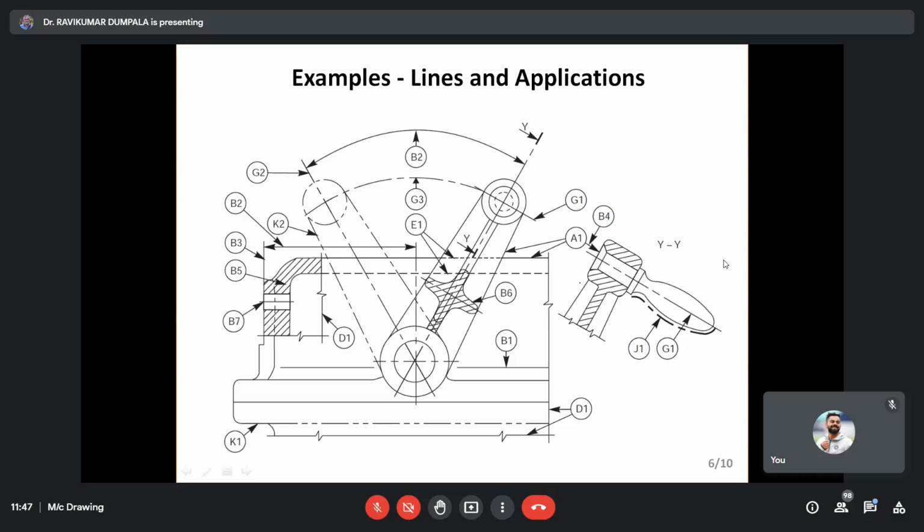And the thing is, while actually drawing the components, they will not mention clearly that you have to do it that way. But based upon these conventions, you have to draw those things. Especially in the examination, you have to follow all these conventions. Marks are there only for that. I may give very simple problems, simple things, which you have to see and draw mostly. But still you have to follow all these conventions. Marks are only for that one.